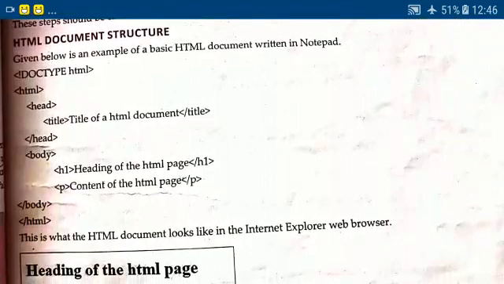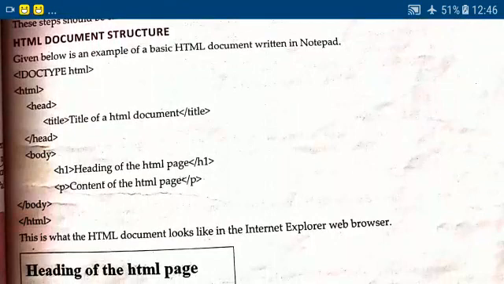Then the second one is the head tag. After the head tag, the title. In the title you give the HTML document name and close that title tag with a slash, and close the head tag. Then the body tag. Inside the body tag you will write your code.